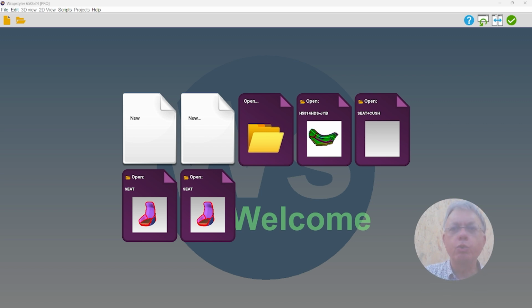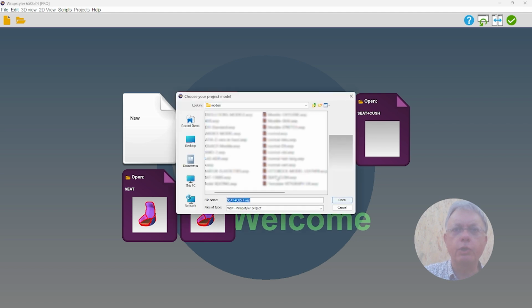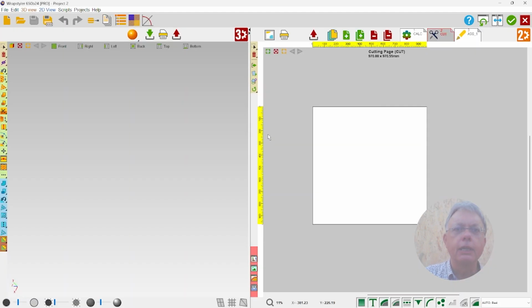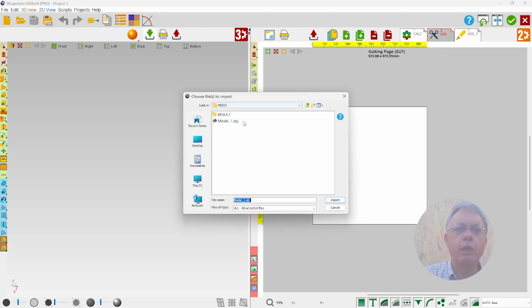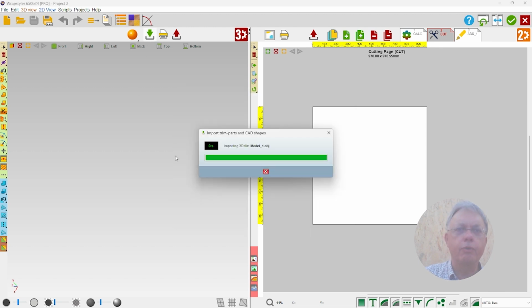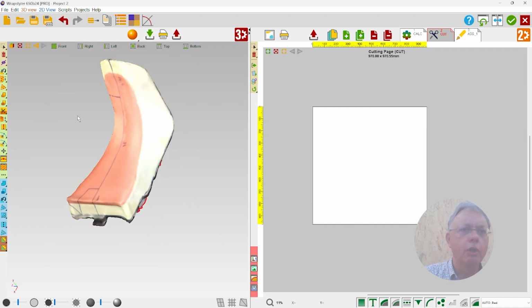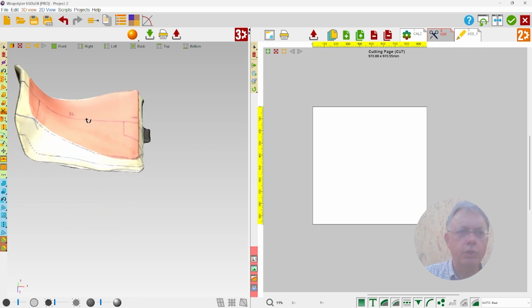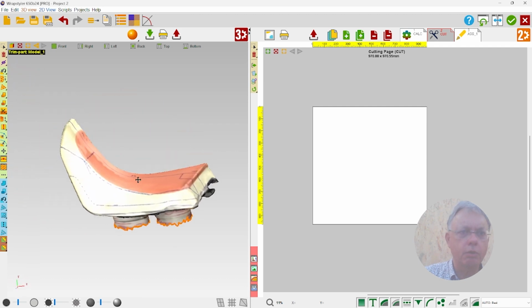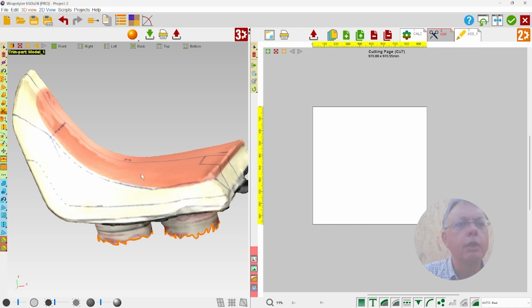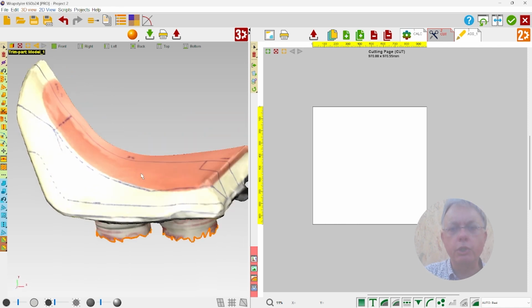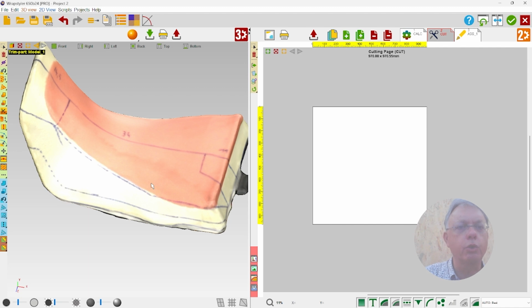So I will show you the use of Wrapstyler to cover a motorbike seat. Let's try with an empty project with a default model and import directly the model of the seat. This is a scanned model, as you can see, with a texture, which is a very nice model that will be done with a special scanner that can scan the texture.